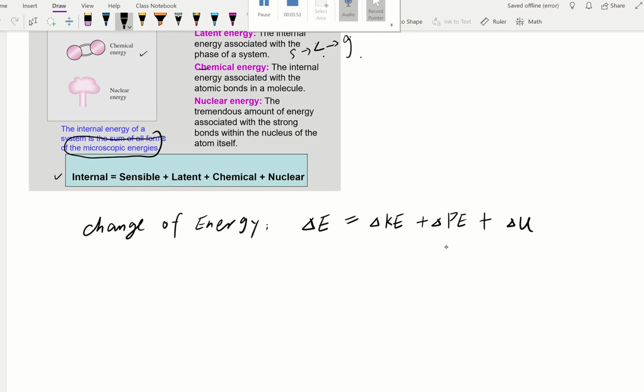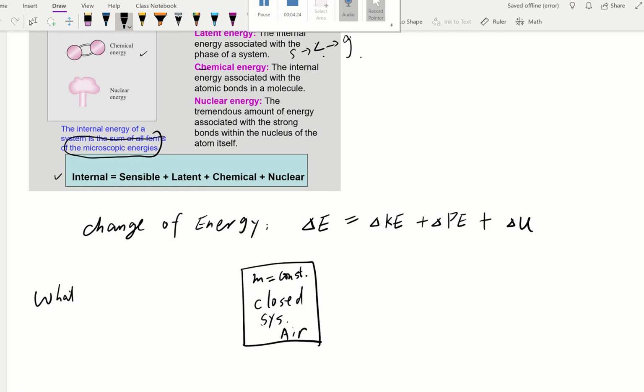Now, let's draw a diagram here. If this is my closed system, which is a rigid vessel, and it's a closed system, which means my mass, m, is constant. There's no mass coming in or leaking out. And this is absolutely a closed system. So in this closed system, if there were air inside and there were an energy change, what contributes to the change? That's the next question we want to figure out. What will contribute to the change in energy?